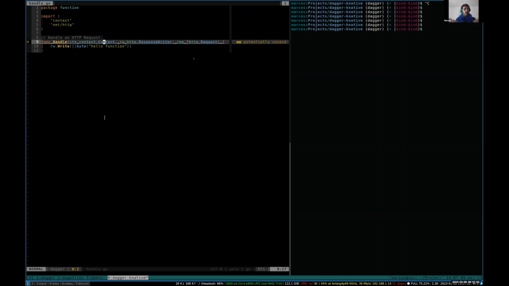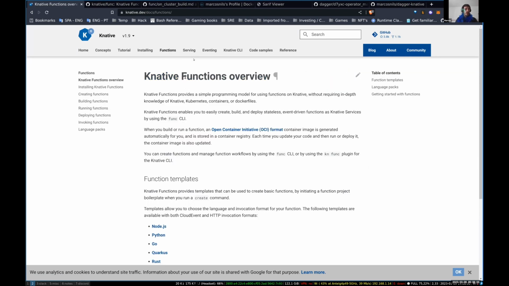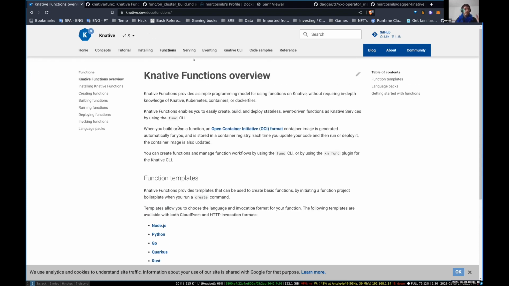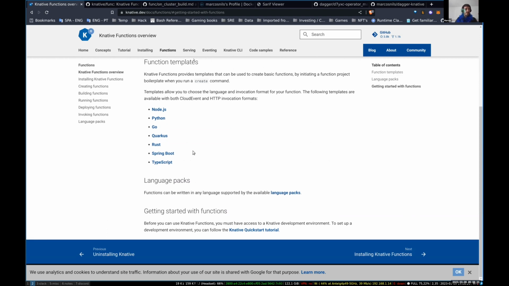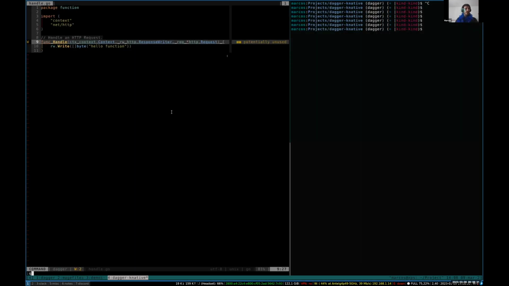building all these different functions and deploying them is through a tool that is called Func, that is part of the Knative functions project, that basically leverages different technologies like Tekton for pipelines and build packs to basically take your code to an OCI image that you can deploy later in your Kubernetes cluster. And this Func project, it's a small CLI that helps bootstrapping all this and making all this basically magic. So I do have the Func CLI